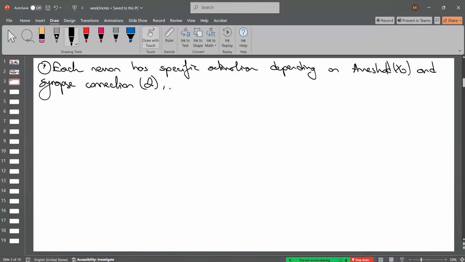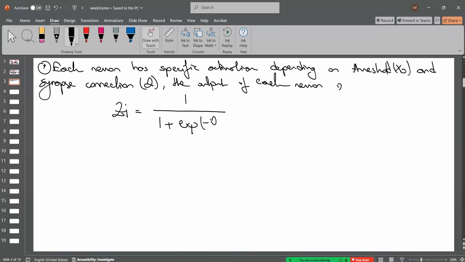And so the output of each neuron, Zi, is equal to 1 divided by 1 plus exponential of minus theta transpose times x vector. Okay, and we can use as an activation function a sigmoid or tanh or linear,